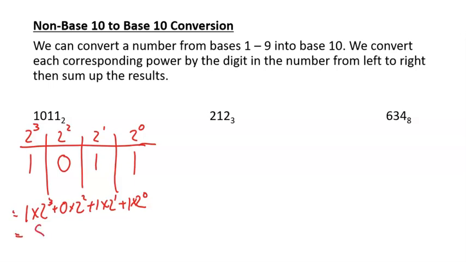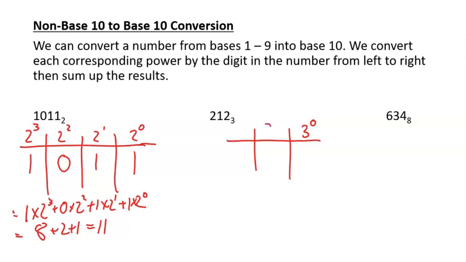So essentially what I've got there is 8 plus 2 plus 1, so I've got 11. So that number there, 1011 base 2, is actually representing the number 11 in our base 10 system that we use. Similarly, 212 to the base 3 can be done the exact same sort of way, using corresponding powers, but